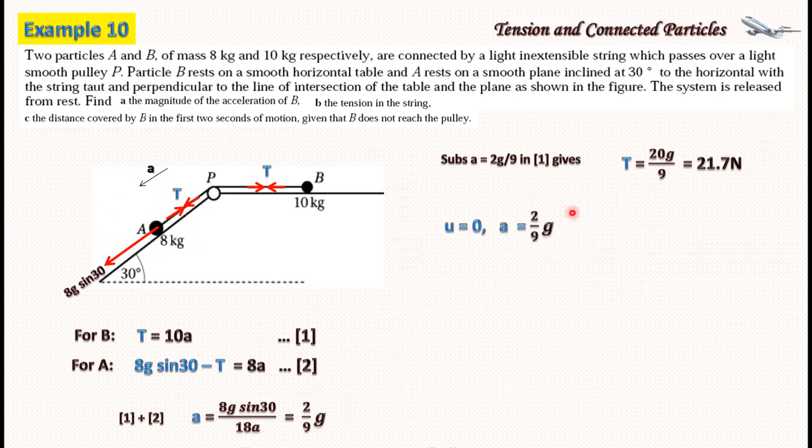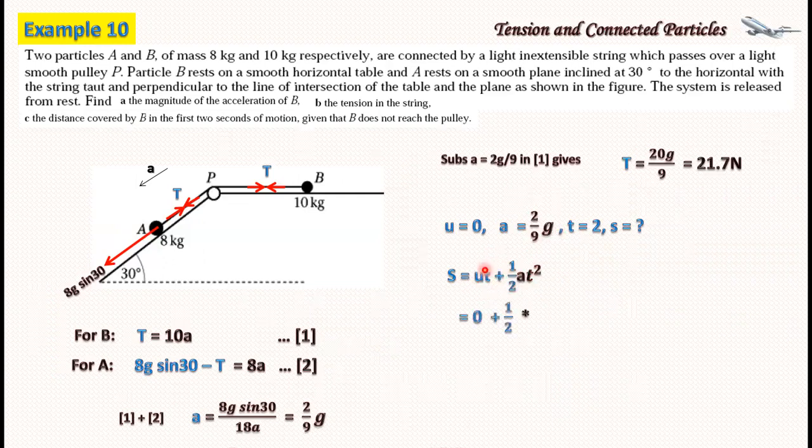Next, we have u equals 0. That's for C, the distance covered by B in the first 2 seconds of motion. You know it starts from rest, so u equals 0. The acceleration of the system is 2 on 9g. Time is 2 seconds. So the distance covered by B will be given by s equals ut plus half at squared, where